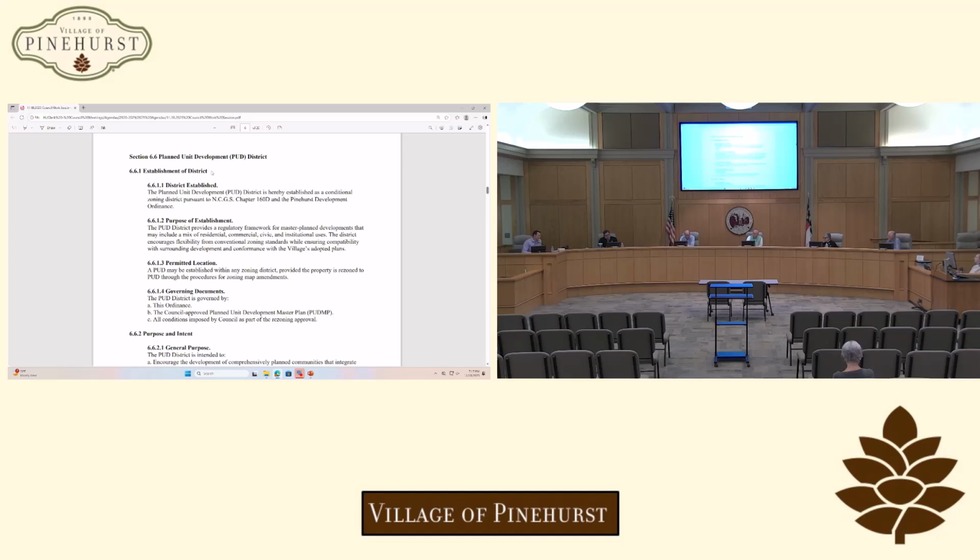Is that how that would work? Yeah, in general, for annexations, you get to assign the zoning. What we're talking about here is, rather than assigning a specific type of zoning, you're looking at a master plan that includes the zoning plus all the other amenities and features that you may want to have anyway. Does that make sense?